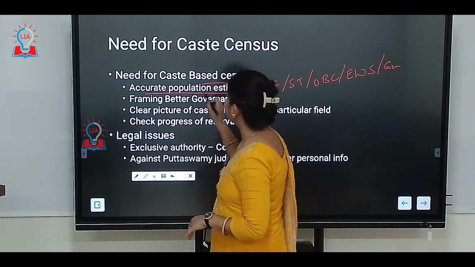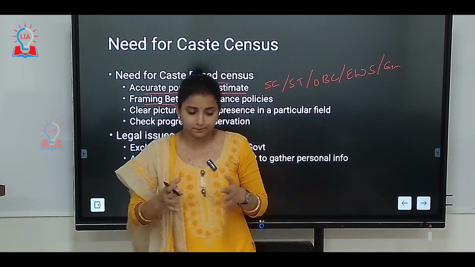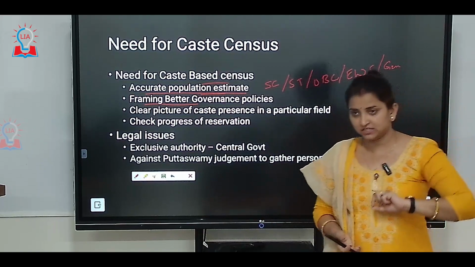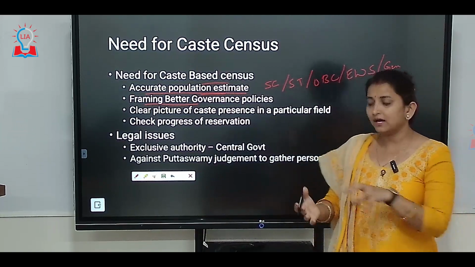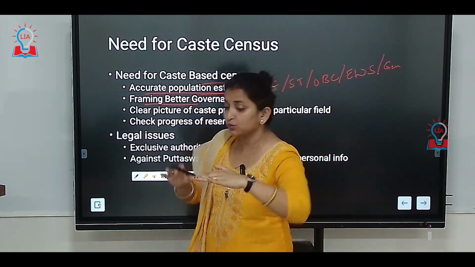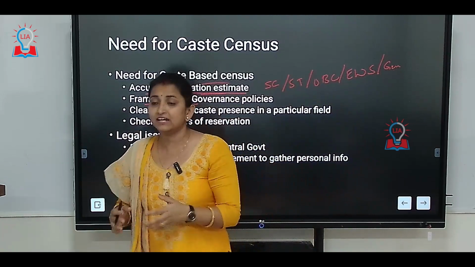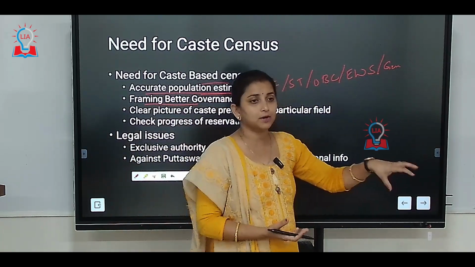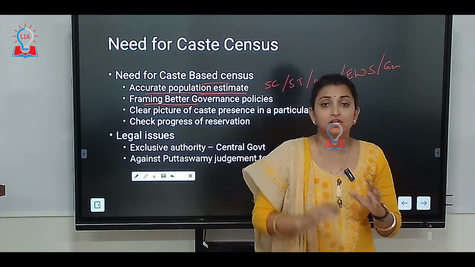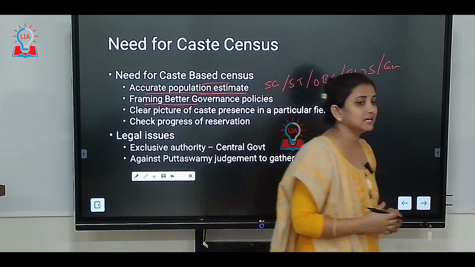And because we will have a population estimate, it will also help the government to frame better policies. They can check whether a caste is getting proper representation in a kind of job or not. Okay, they are present in lower bureaucracy and lower judiciary, but not in upper bureaucracy and upper judiciary. So we can remove reservation from below and add reservation in promotion. Right? Let's say a caste is not getting proper representation, then we need to give reservation to this caste also. Until and unless we have proper data, governance policies cannot be created.